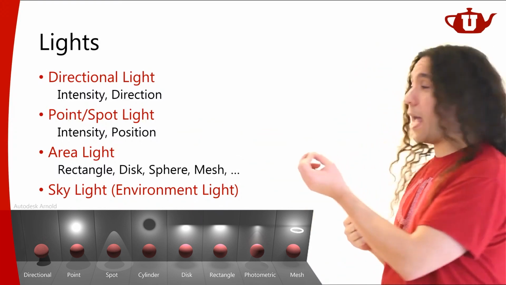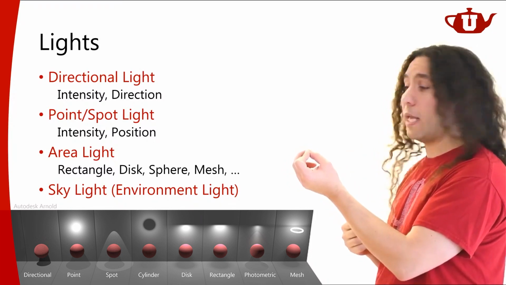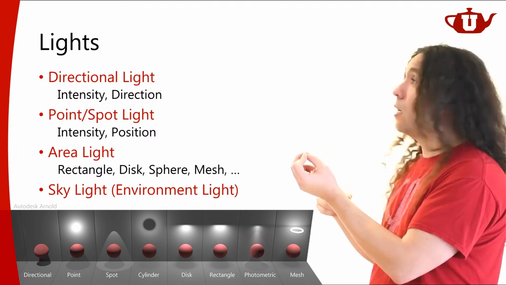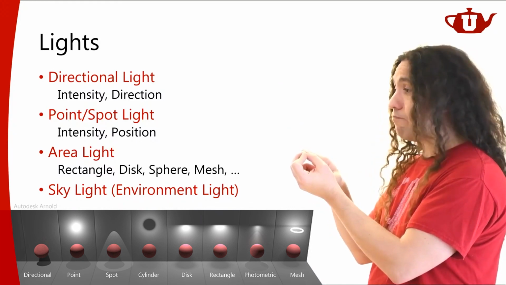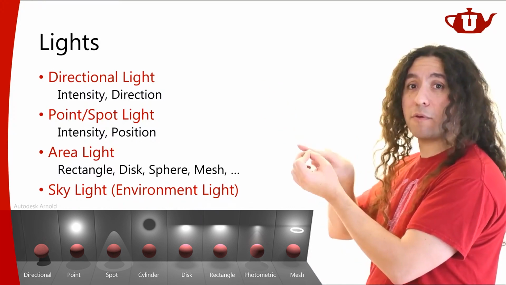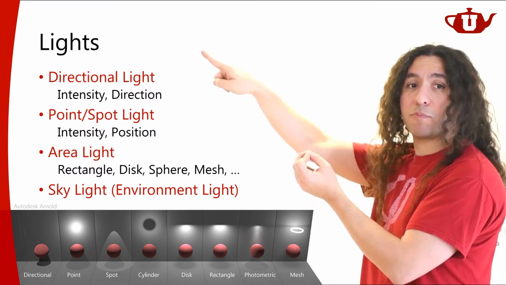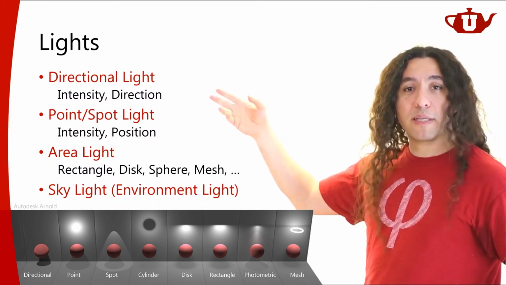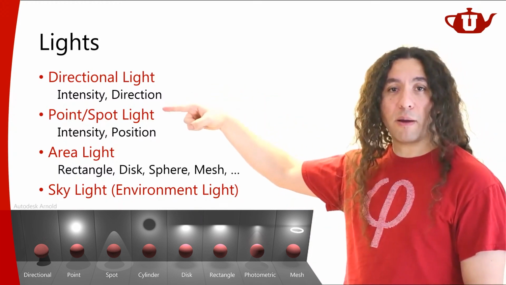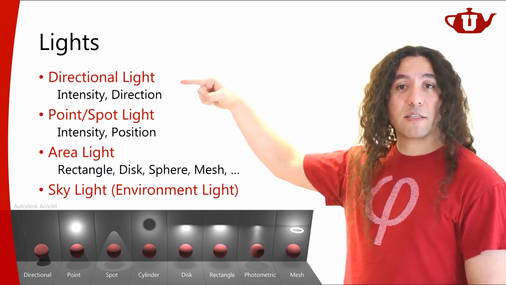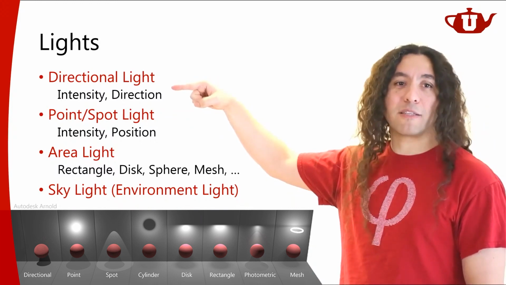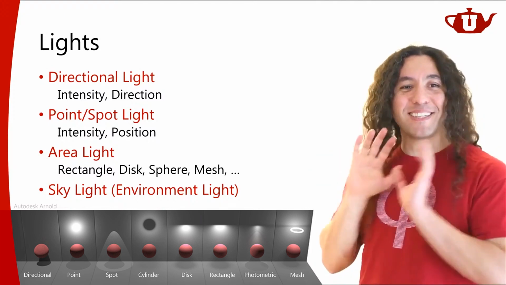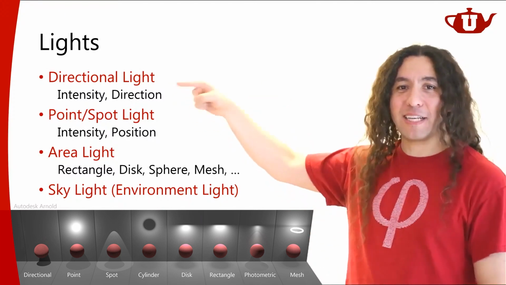So there's this point A in my scene in 3D, and I want to know where the light is coming from, what direction. I am just going to have to compute the vector from this point towards the light position, and that's going to be my light direction, right? So for any point in the scene, I'm going to have to compute the light direction if I'm using point light sources. If I'm using a directional light source, I already know my light direction. It's a parameter of my light source. So it's already given to me. But for point lights, I need to compute it.